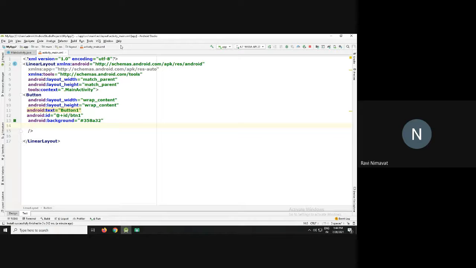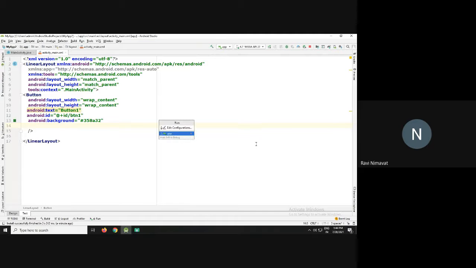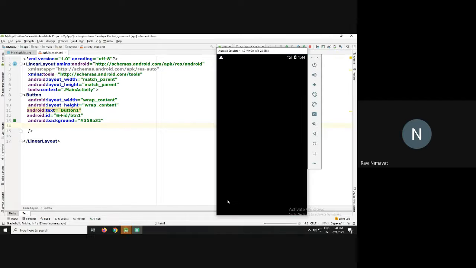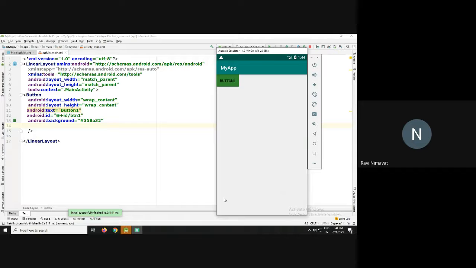Okay, then we will check which color is displayed. Ready? Green color.